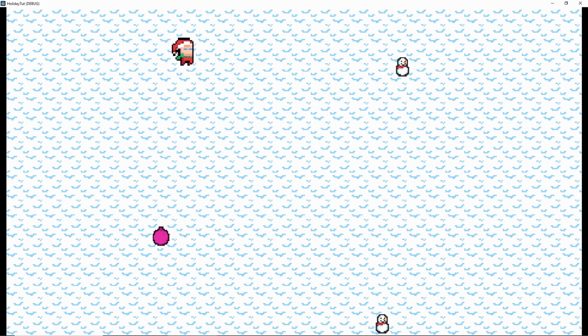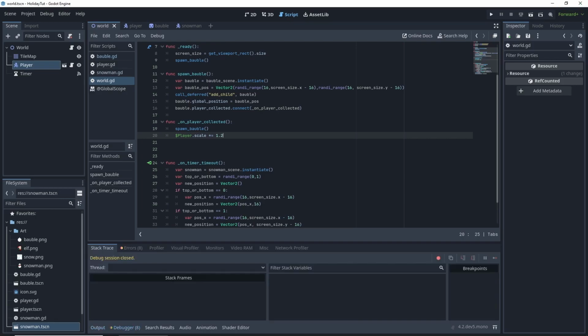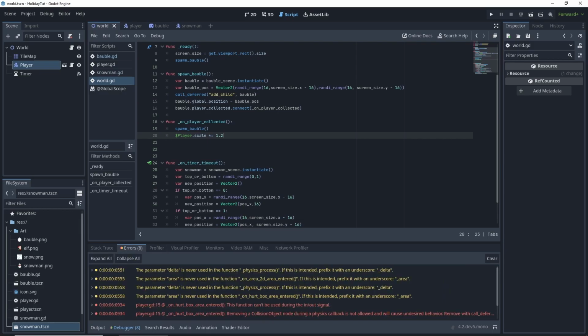If you can see. All right. Well, that is the majority of the game. If there are any ways that we can do a better job at this, please let me know,